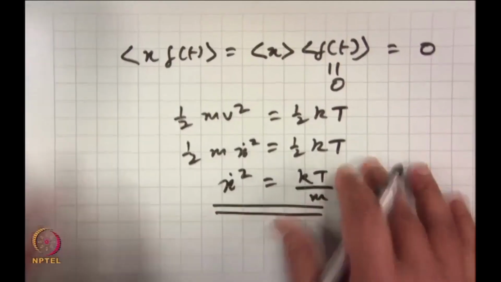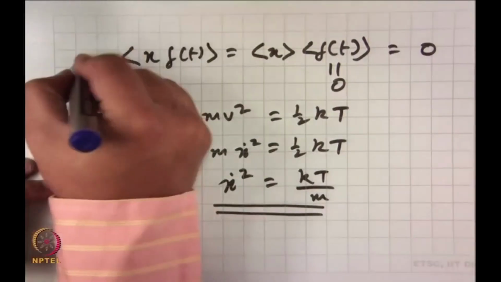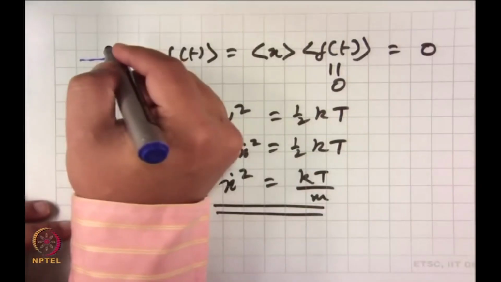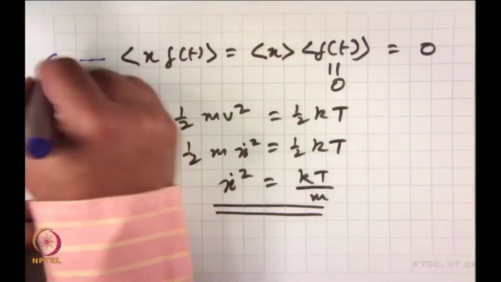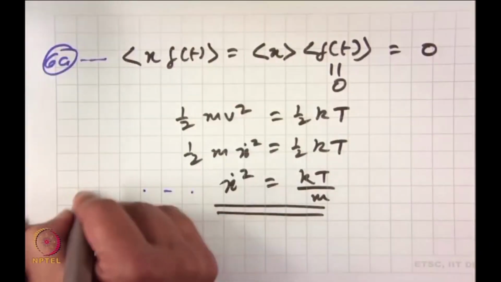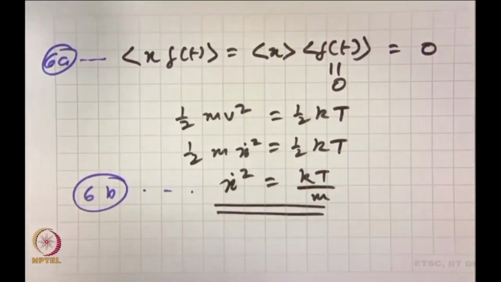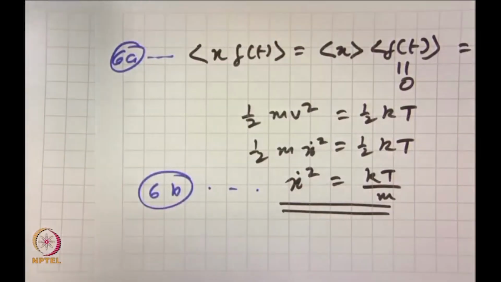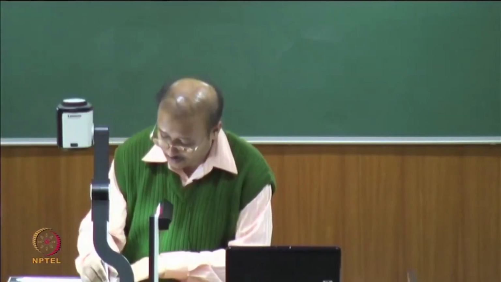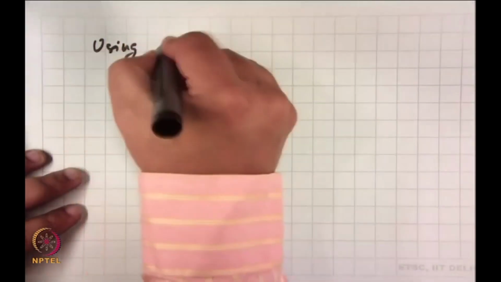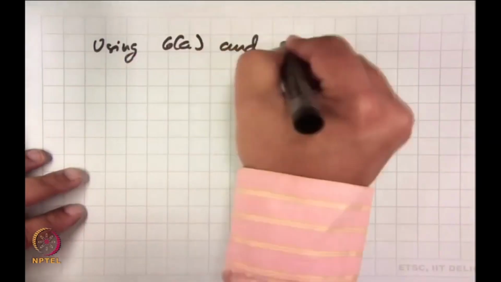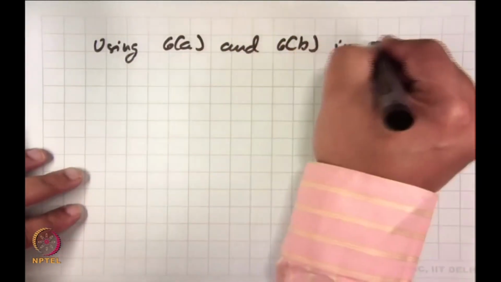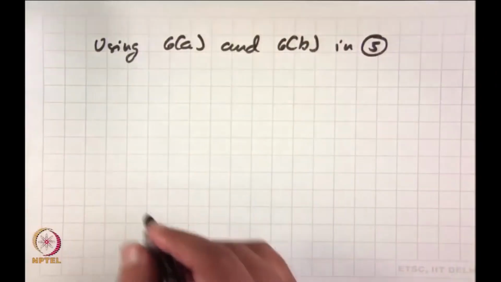So, if I say this is, what should I say, this is 6a and this is 6b, okay. This is 6a, right, and this is 6b. So, using 6a and 6b in 5, we have